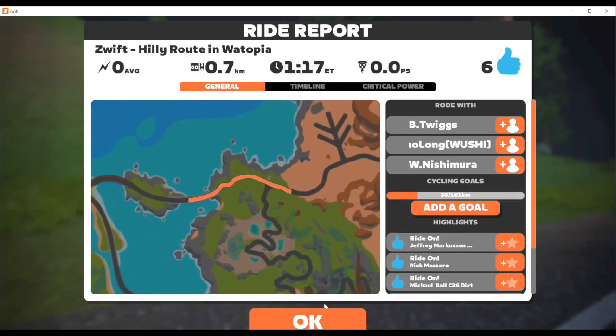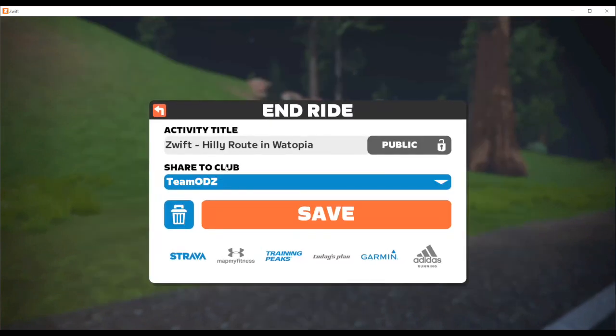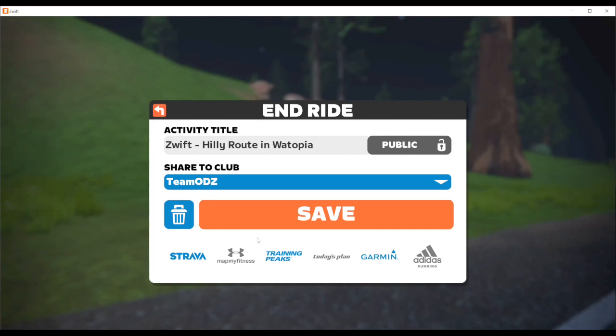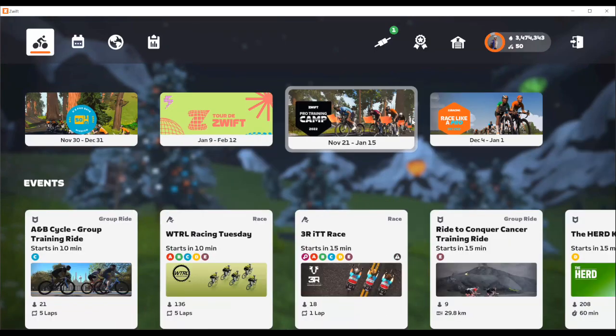So I am now going to go back here and pull up a couple other things. I'm ending this ride. When you end the ride, it will upload to either your Strava or Garmin or any of these others. That is something you will set up when you're setting it up, so it can save it. Since I didn't do anything, I'm just going to trash this here. Once I'm done with that, it takes me back to, again, the initial login page.